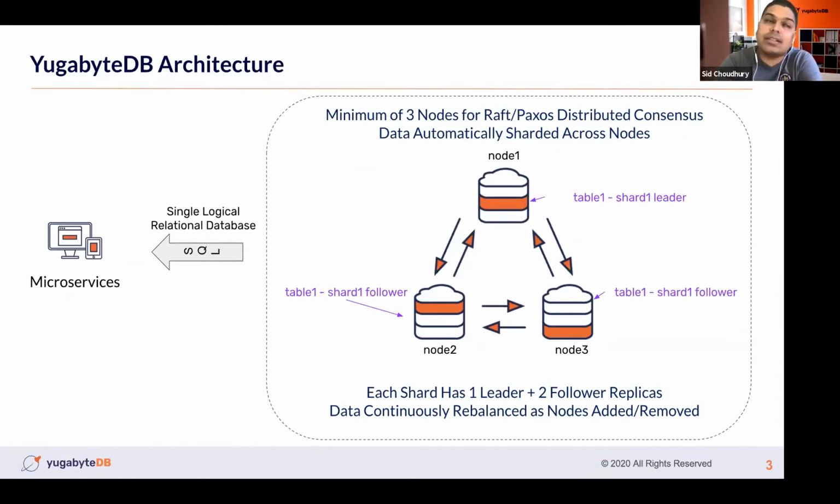And that's what makes transactional data so agile, because we can move around these shards and these replicas almost at will as the configuration of the cluster changes. And that's the last point, which is data is continuously getting rebalanced as nodes are added or removed from the cluster. So this is a very exciting architecture, inspired by Google Spanner, but brought to you in the PostgreSQL form factor.